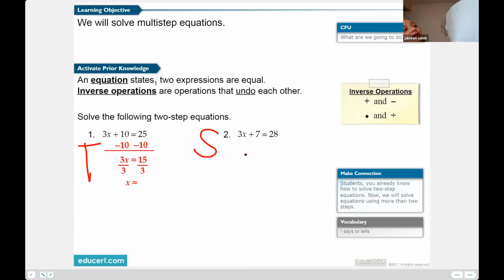I want to hear the phrases inverse operation, keep the equation balanced, and a couple of our academic words. So 3x plus 7 equals 28. So subtract 7. Now, what did we call that when you subtract 7? Why did you subtract 7? Inverse operations. It's the inverse operation. See, you're going to have to cue the kids to say that.